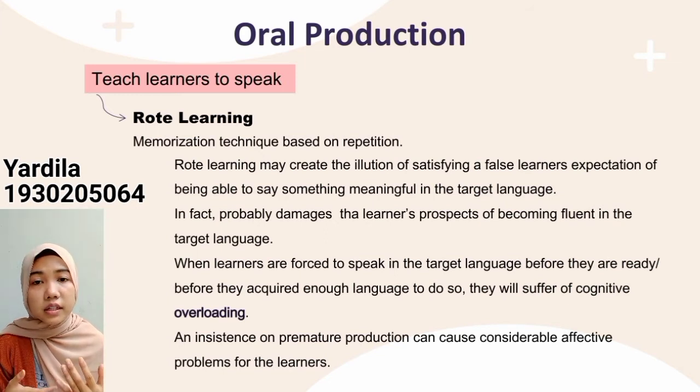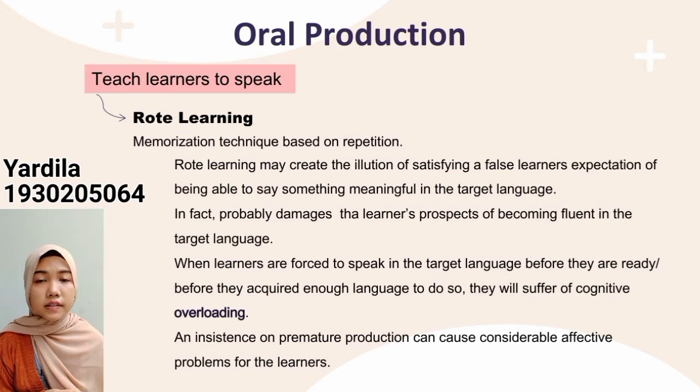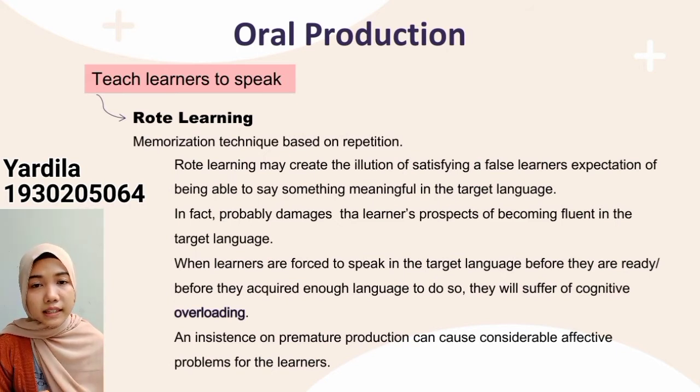So the beginner learners do not actually know much about the language. They have to mimic the teacher or the tape and slowly build competence in the target language by this rote learning. But rote learning may create the illusion of satisfying a false learner's expectation of being able to say something meaningful in the target language, and it probably damages the learner's prospects of becoming fluent in the target language. So the learner is unable to produce